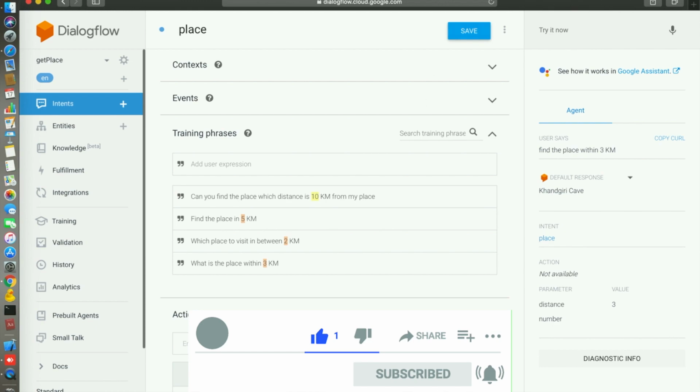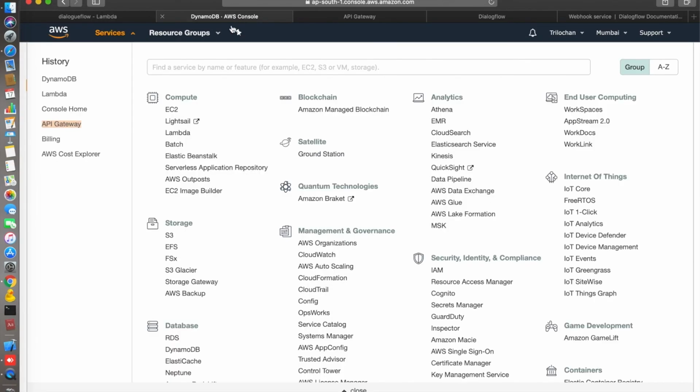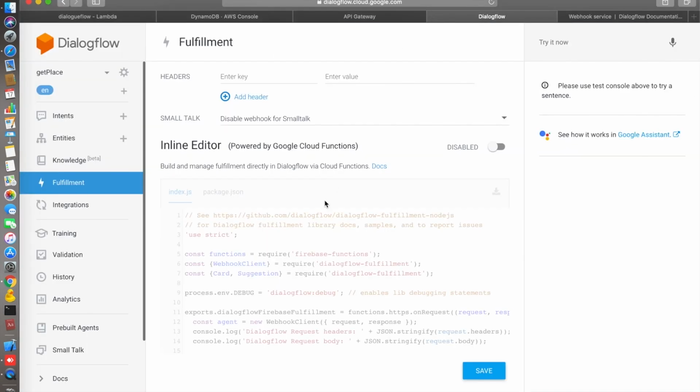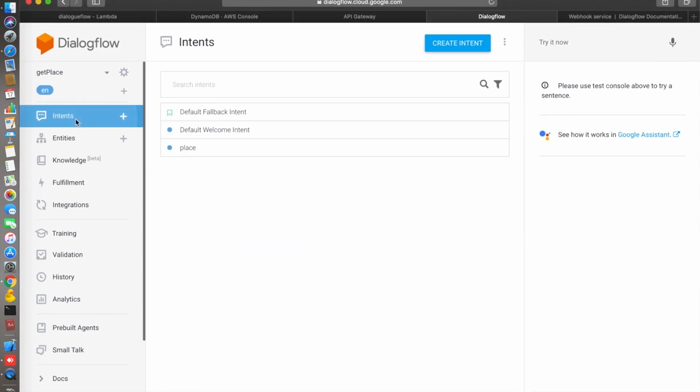Now let's check the DynamoDB. This is the database I have created, with distance and place. Against the distance, 1, 2, 3, 4, there is a place name. It is just a simple database I have created. So here it is done, so let's test it.